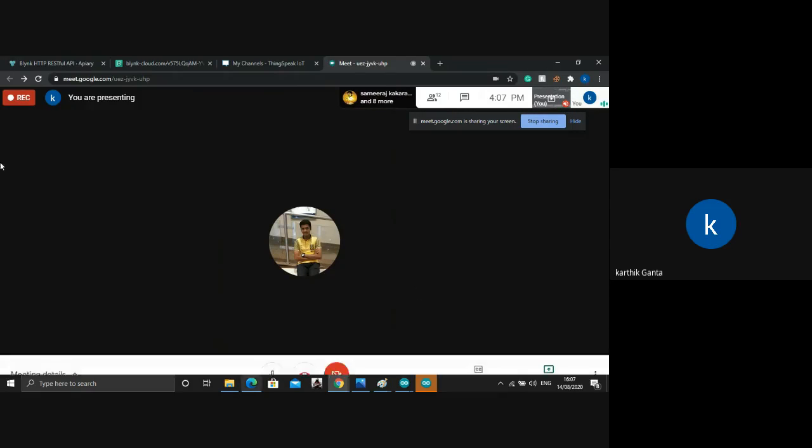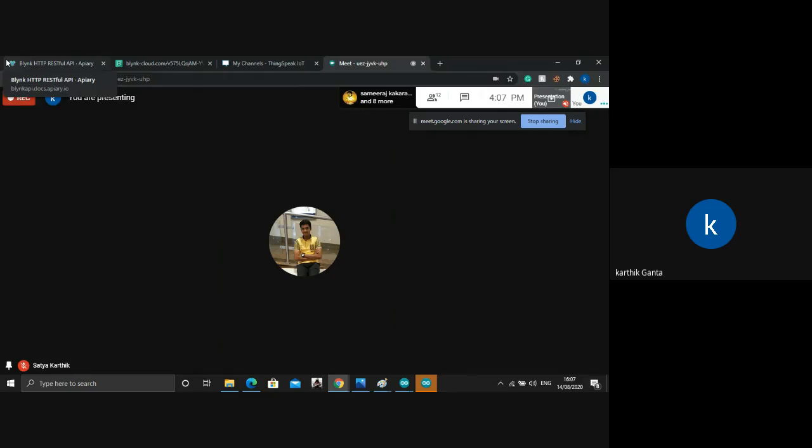Now, as you have understood this, we'll go to the code and upload it to the NodeMCU, and we'll upload the values to ThingSpeak. First, I'll demonstrate the connection, how we should make it.